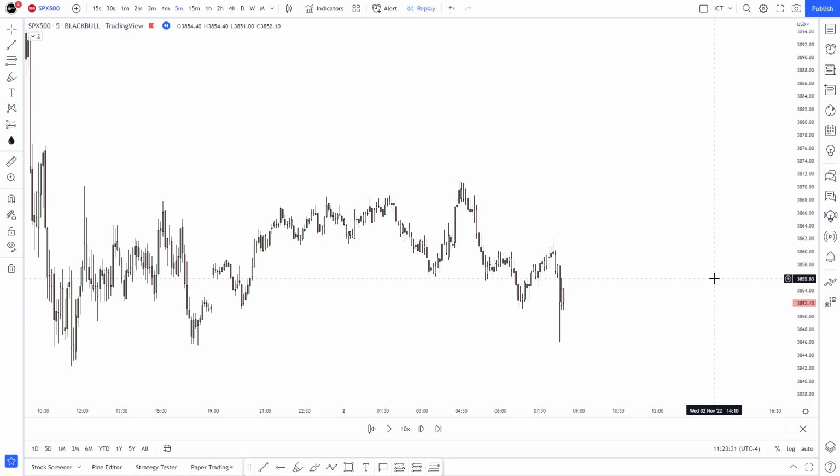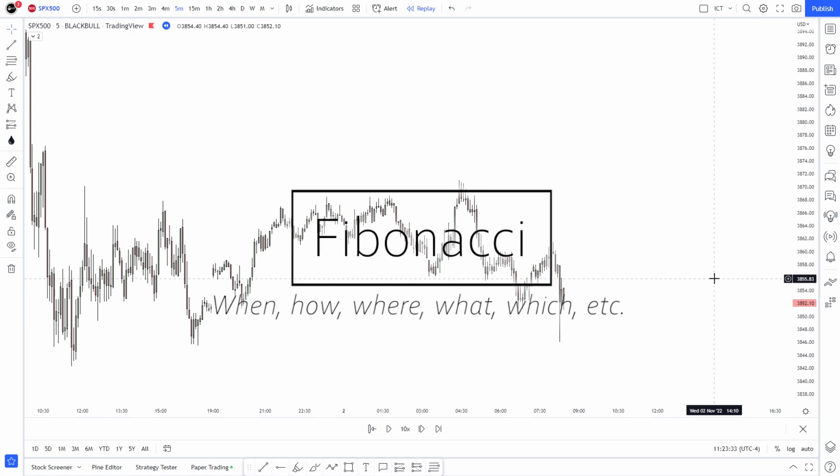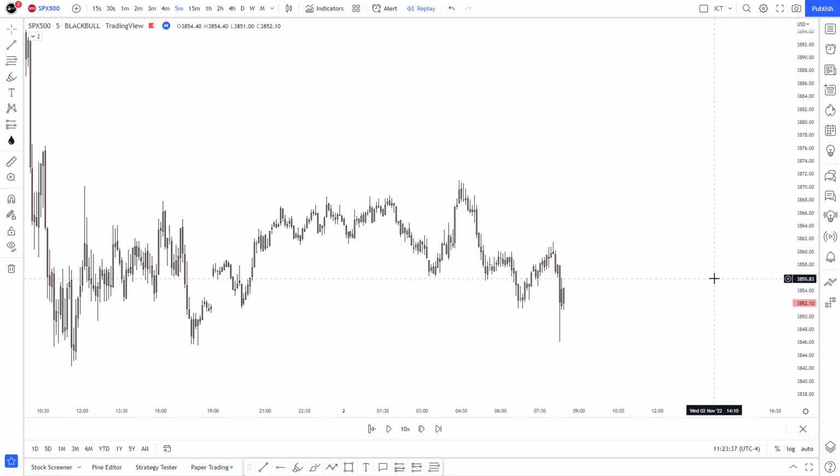Last but not least, a question about Fibonacci, when and where to use it. And Fibonacci is like thinking about trend lines. If you've been in Forex for a long time, like I've been in Forex around 5 years, losing money most of those years, but in Forex for a couple of years, you probably use trend lines, and you might think, okay, so I'm looking for the third touch on a trend line to try to buy.